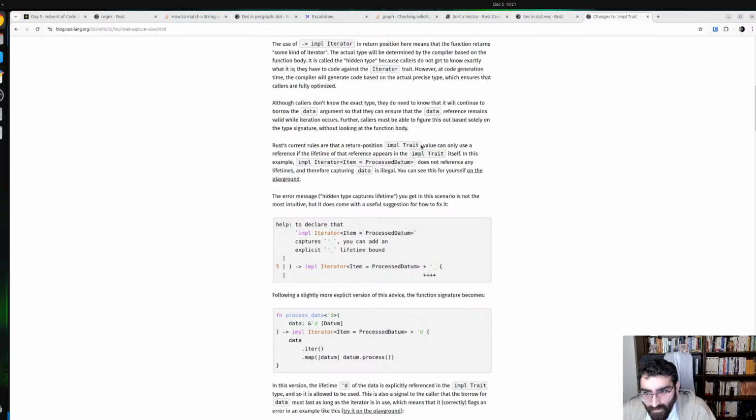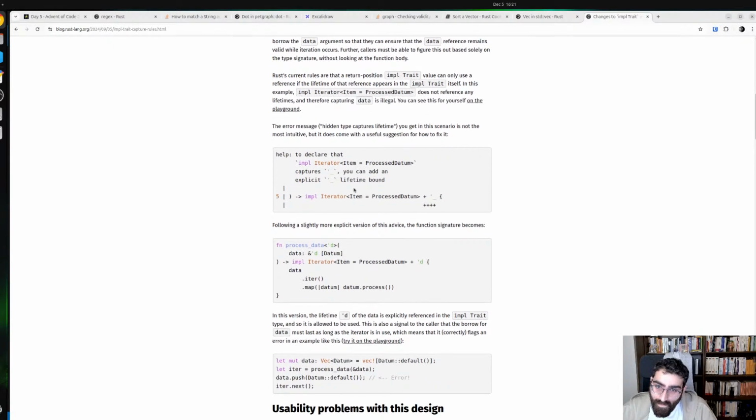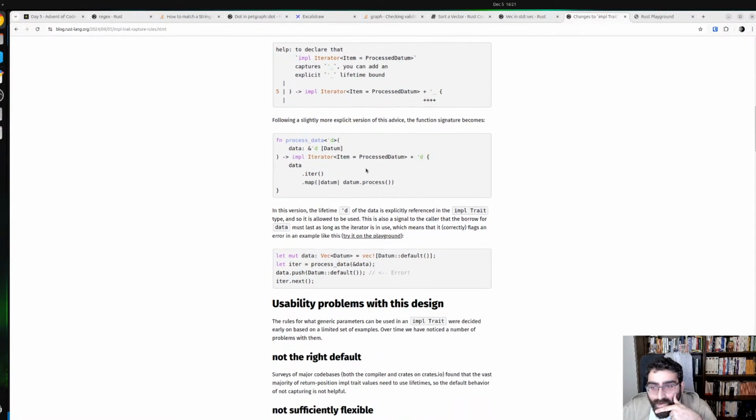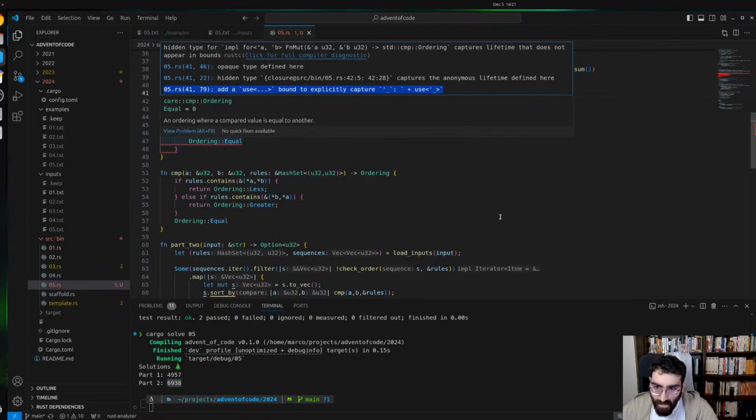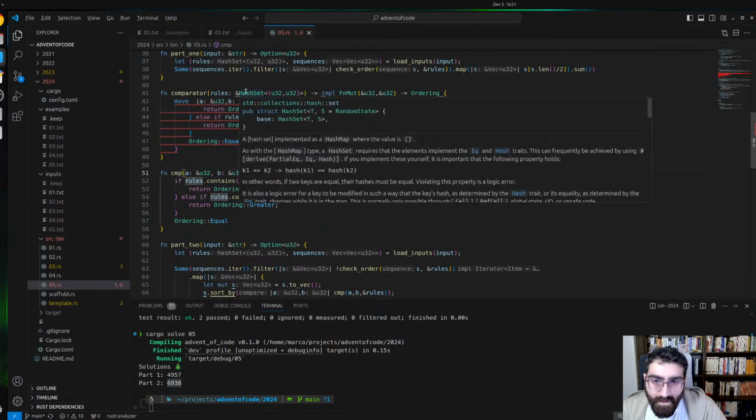An impl trait value can only use a reference if the lifetime of that reference appears in the impl trait itself. Error message. You need to give it a lifetime, basically. So we need to give it an explicit lifetime. Oh, actually, that's okay. We just need it, and this is